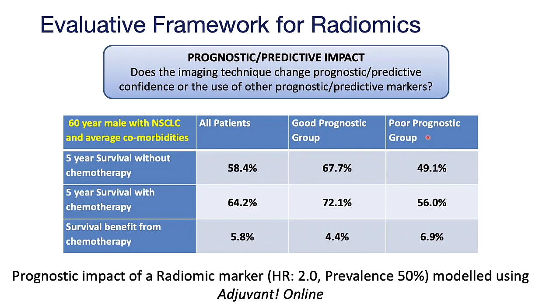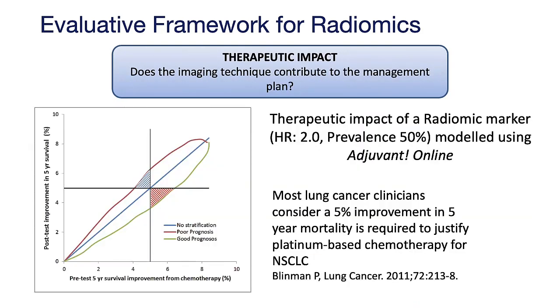But if we deploy the biomarker, we can see what those figures are for patients in the good prognostic group and in the poor prognostic group. And we can see that if you've got a poor prognosis, your survival benefit from the chemotherapy is greater than it would be if you had been in the good prognostic group. And this could potentially make a difference to the treatment, which is the next phase of the assessment, the therapeutic